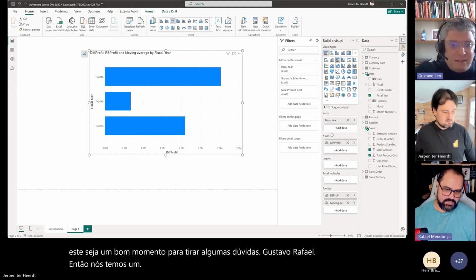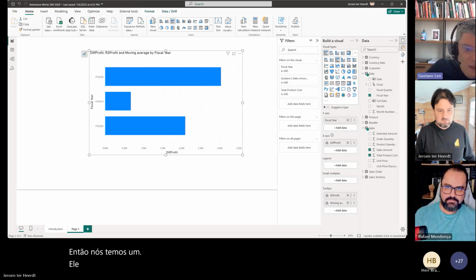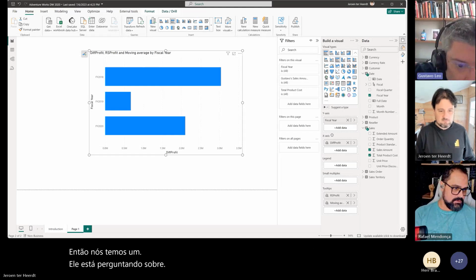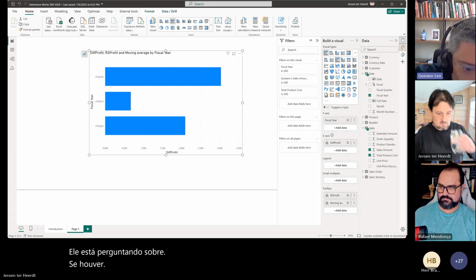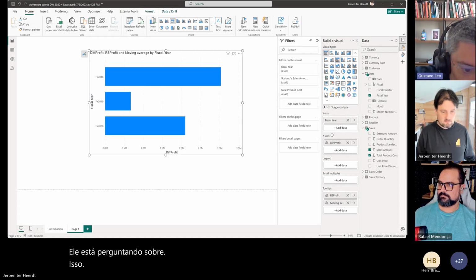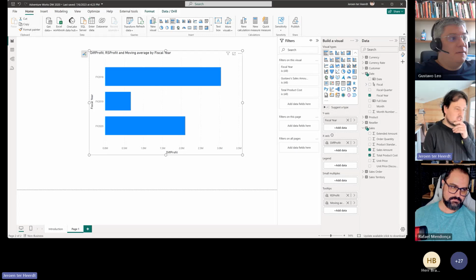André Ja. He is asking about calculation groups interactions. Let me rephrase that: is there any difficulty when you try to implement calculation groups, or are calculation groups out of the context of the graph? Maybe the graph is the context, yeah? So calculation groups,